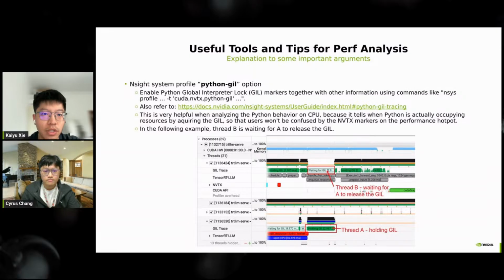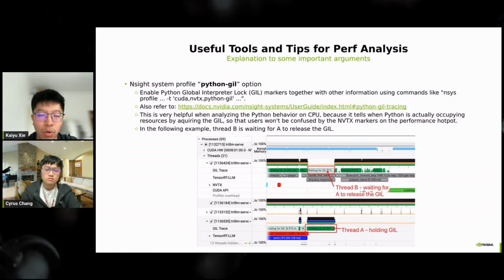So based on this brief introduction on how those tools are used and how we can profile and do some performance analysis,